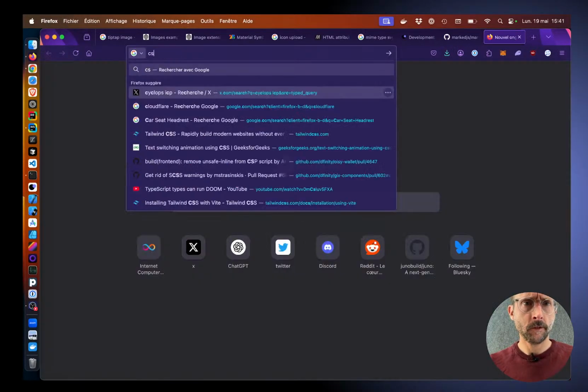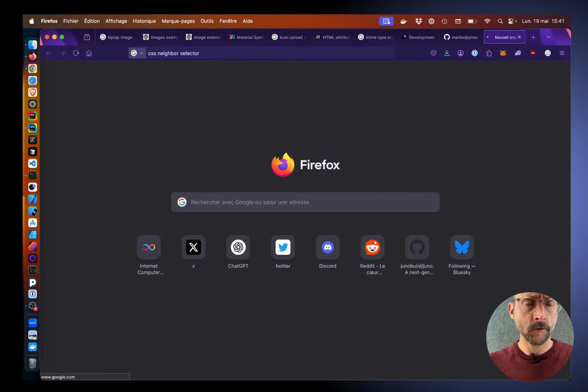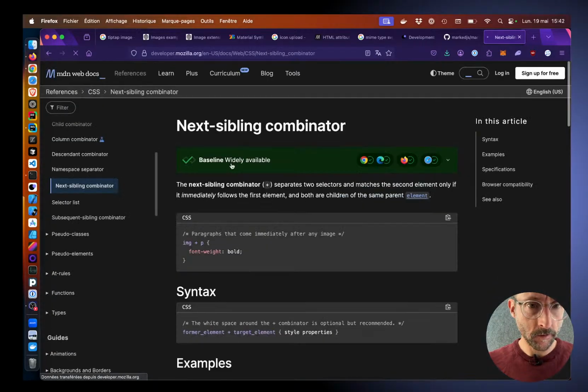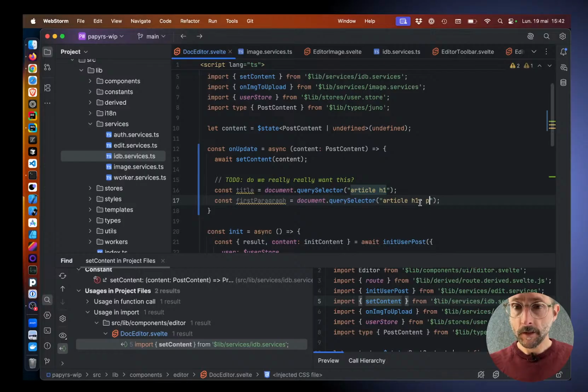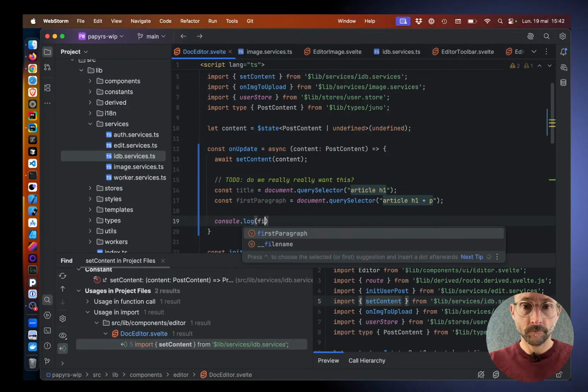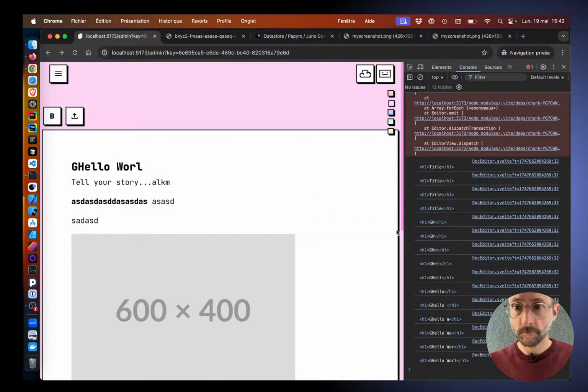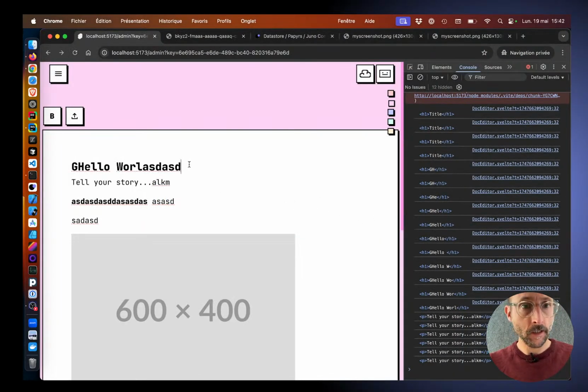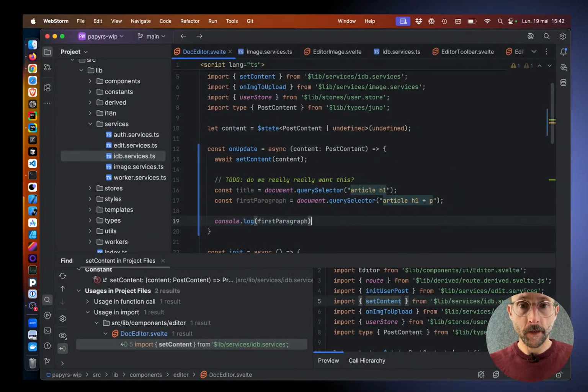So CSS neighbor selector. I always forget. All right. So here. Yes, so